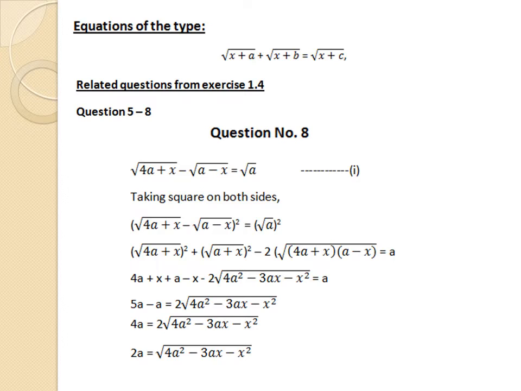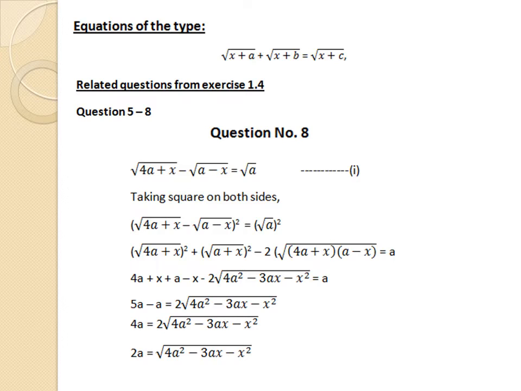Students, to convert a type 2 radical equation to an equation which is radical free, we take square on both sides twice. So when you take square on both sides for the first time, make sure that your equation is arranged in a way that 2 linear expressions under the radical sign should be on one side, and the third should be on the other side. As our question number 8 is arranged the same way, we can take square on both sides for the first time. So let's take square on both sides.